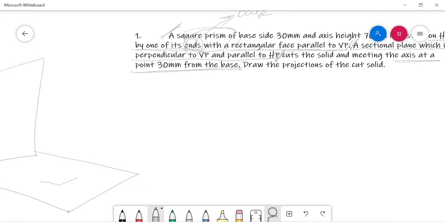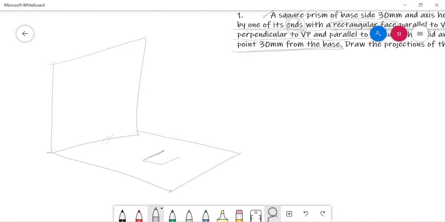Where can you find the rectangular face in a square prism? The lateral faces. The lateral faces of all kinds of prisms are in the shape of a rectangle. So in this square prism also, one of the side faces, out of the four side faces, is parallel to VP in the current problem. So we need to maintain one base edge of the solid parallel to VP.